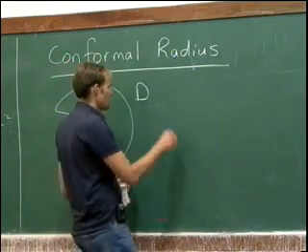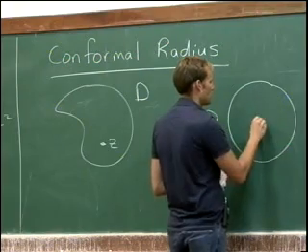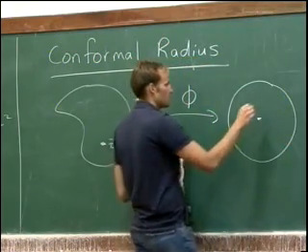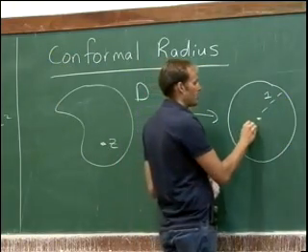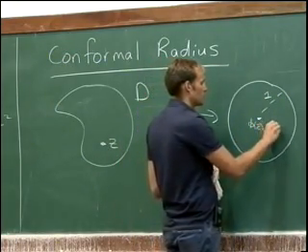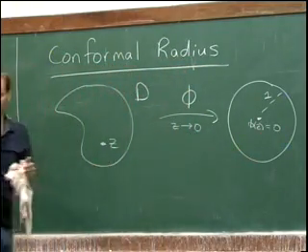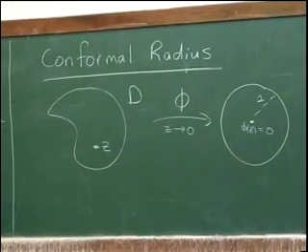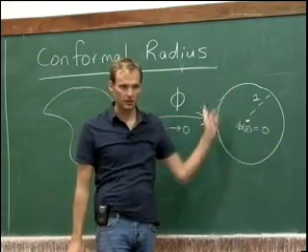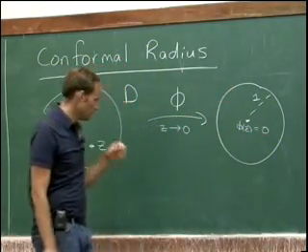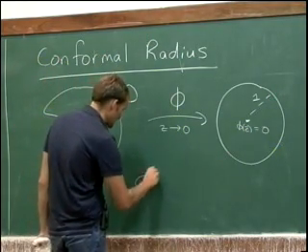Okay. So how you do it is you map this thing into a circle. Now the unit circle, that's radius 1. And you send Z to 0. There is a conformal map that does that. In fact, there's a whole family. You can still take this and rotate the circle if you want, once you're done. So you find the conformal map that does that, and then the conformal radius,